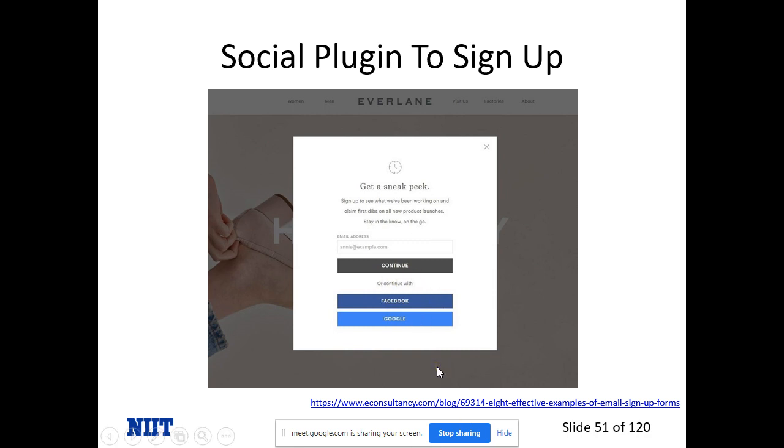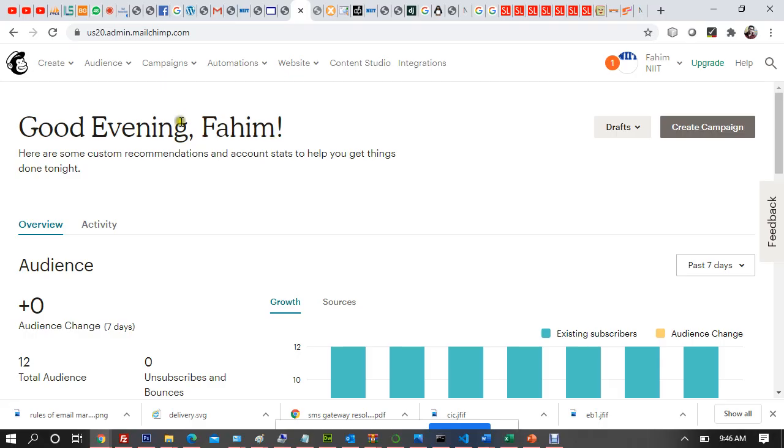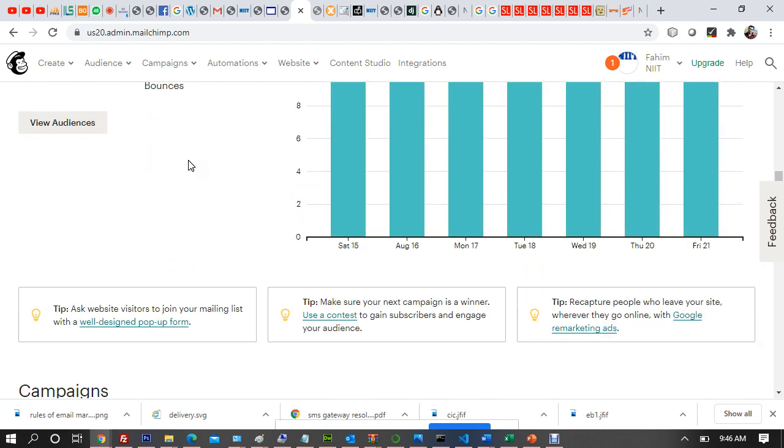What happens with passport authentication is that the social media plugin to sign up will take the user data from Facebook or from Google without the user even typing the data, right? And then it will get stored inside your database. So it is more relevant for the user because the user doesn't have to type anything. Most probably we've seen users who always remain signed in to Facebook or always remain signed into Google. So the moment you click, you might have used it. Many of you, I suppose all of you, would have used it in the past or maybe still using it, right? So, okay. Now this is basically the dashboard of MailChimp, right?